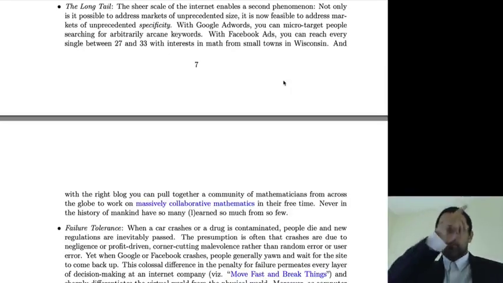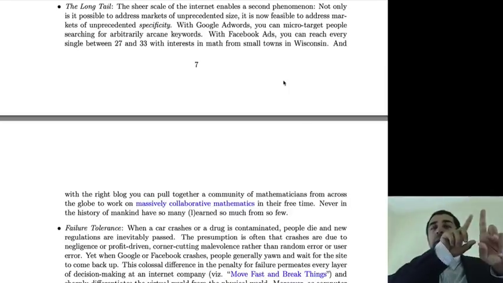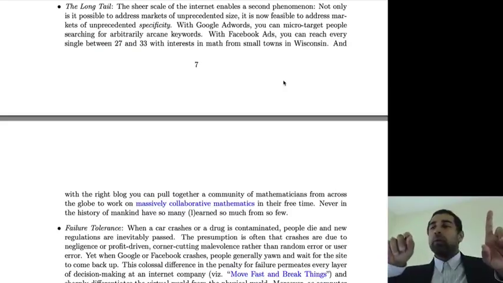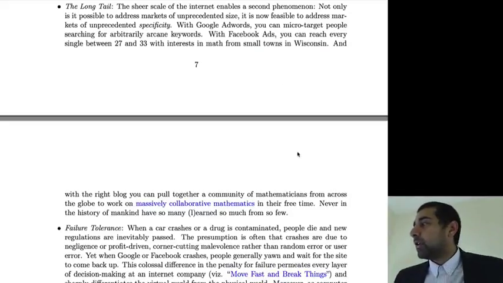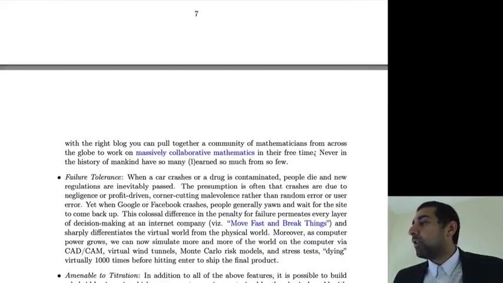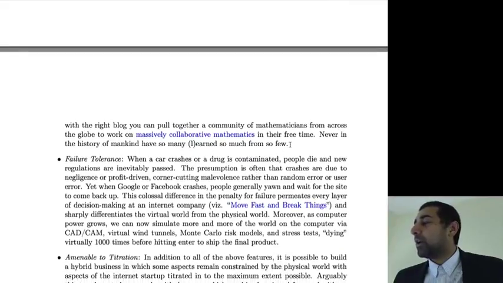That is to say, you've got to visualize a tail where your best sellers or your biggest markets are over here, and then a tail going out all the way over here to the people who really like t-shirts with basketballs on them, or some kind of micro market. And then you can target that market, because with search you can find those people who are actually searching for t-shirts with pictures of basketballs on them, and then you can actually serve that market. And paraphrasing Winston Churchill, never in the history of mankind have so many earned so much from so few, from such small markets, or learned so much. You can also have that because now we have online education or MOOCs like this course.